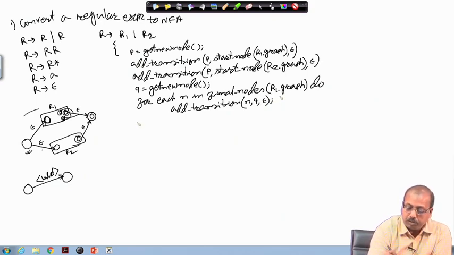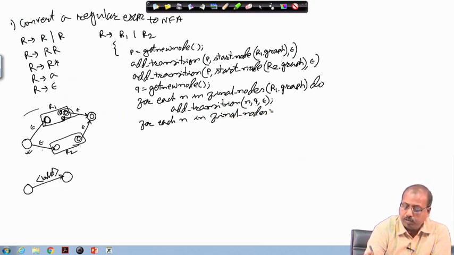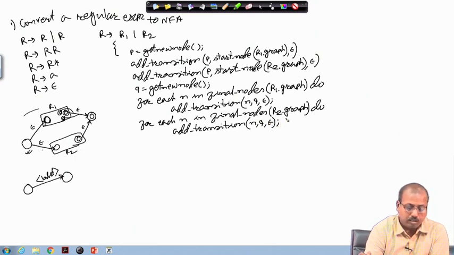And similarly, for R2 also I need to do the same thing: for each n in final nodes of R2 dot graph, do add transition n q epsilon. So, once we have done that, these transitions have been added.